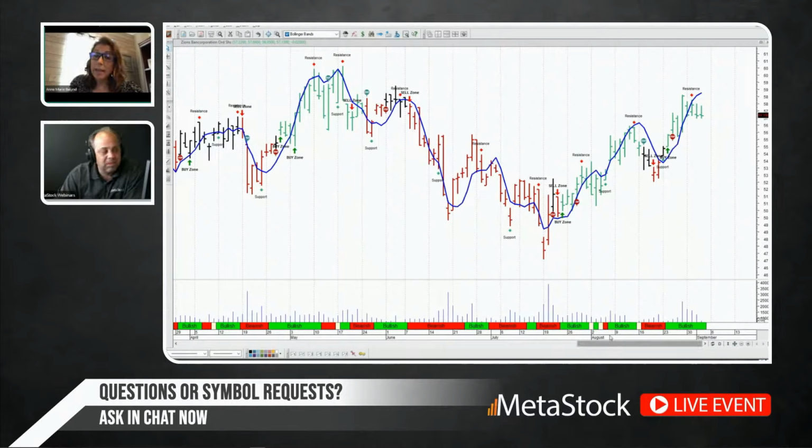If I look at it, I go, you know what? People have mixed feelings about this chart, right? Some of them feel up at the top, they want to sell it. Some of them feel at the bottom, they want to buy it. And so my thought is it truly is range bound. And when a chart is range bound like this, your best bet is to wait for it on the bottom.